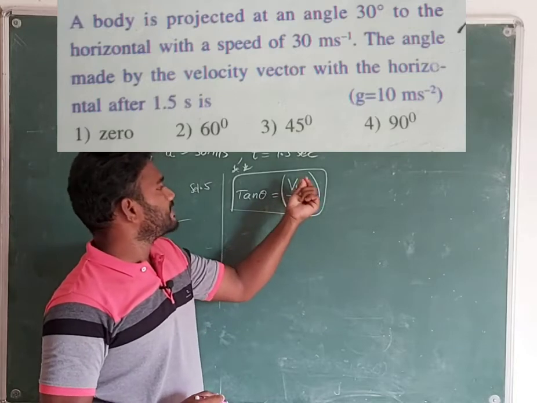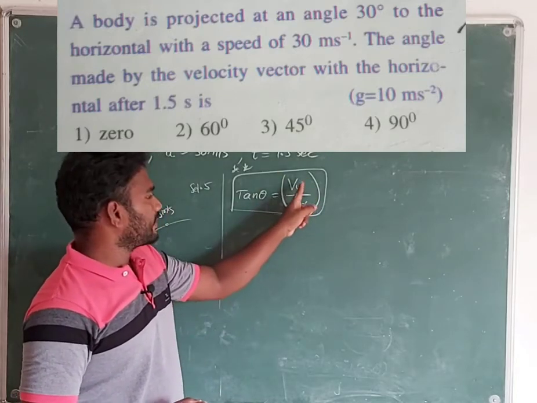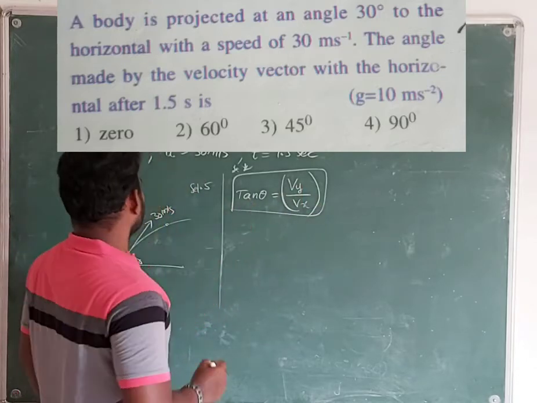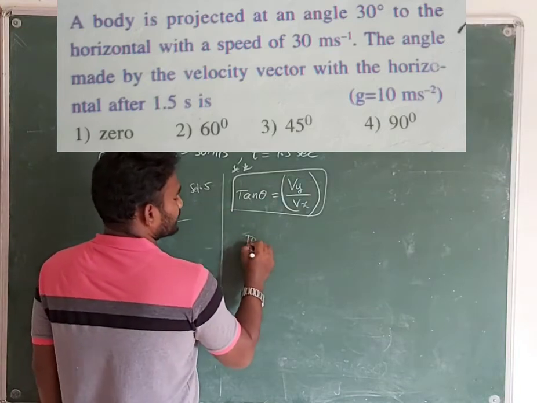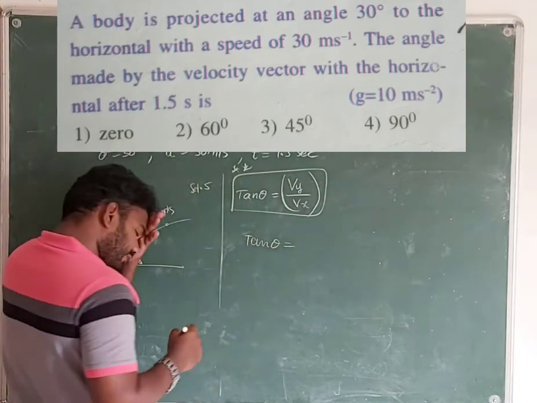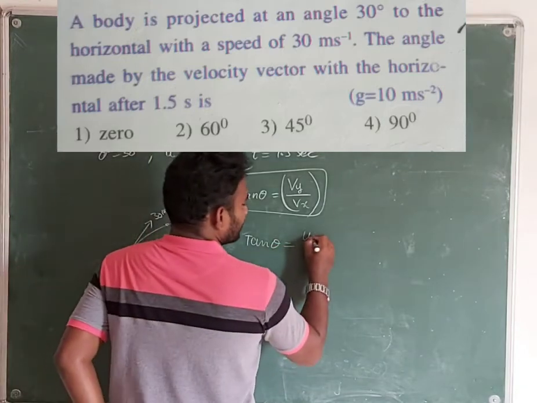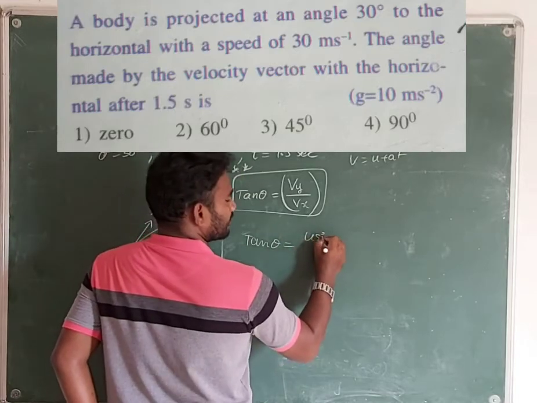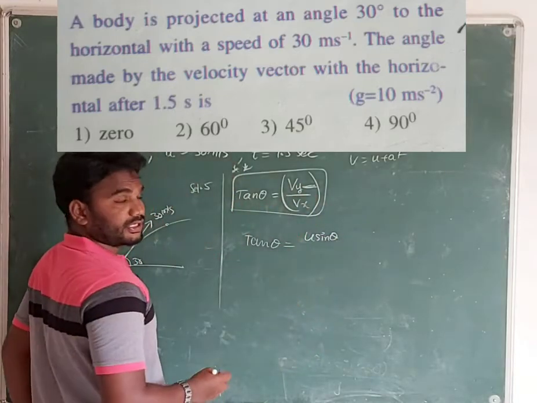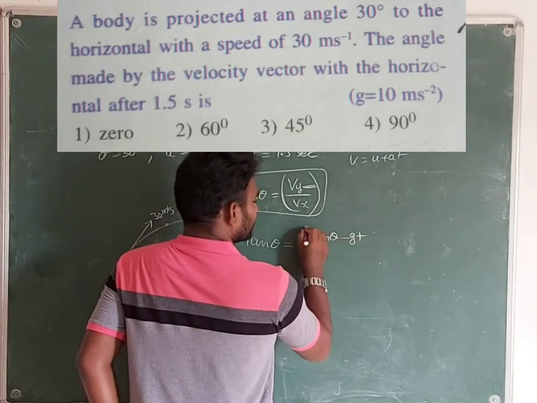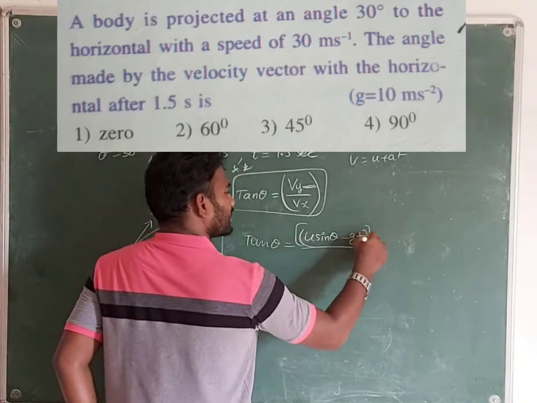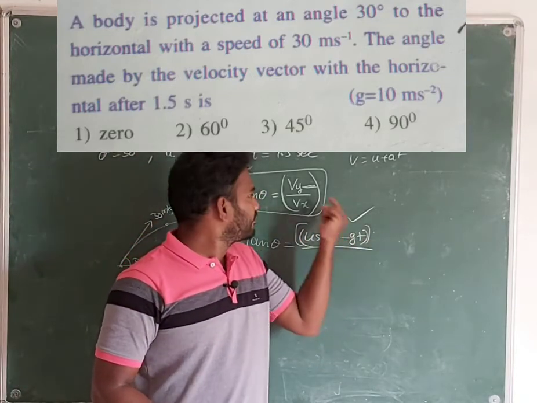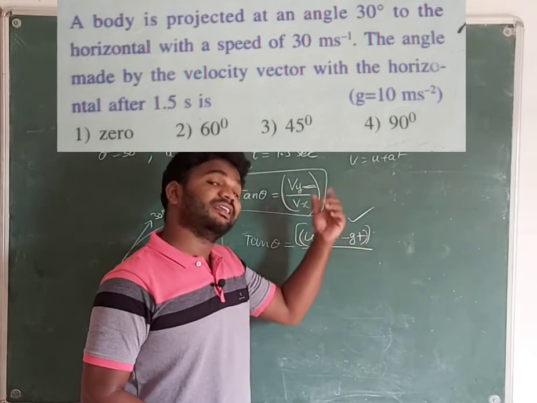At time t, means any time you can take it, velocity y component by velocity x component is nothing but tan theta. That is the angle. They are asking us to find the angle. So tan theta is equal to, what is the y component of velocity at any time t? That is very simple. V is equal to u plus at formula you can use. So u in a sense is u sin theta, the vertical component. Try to catch my point. Vertical component u sin theta minus gt, divided by, this is the value of velocity at any time, students. Make a note of this. U sin theta minus gt is the value of velocity y component at any time t.